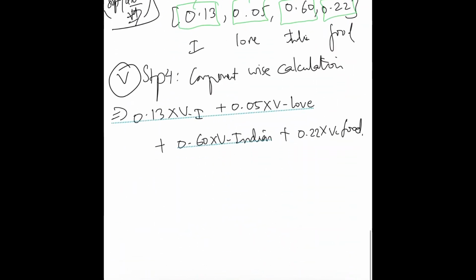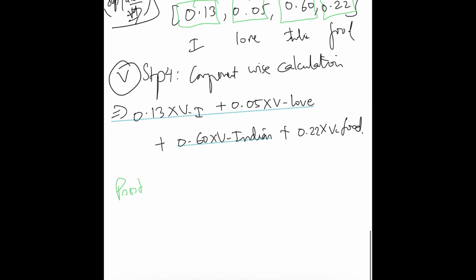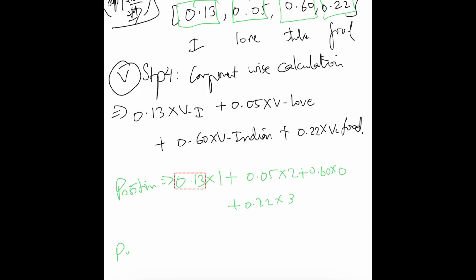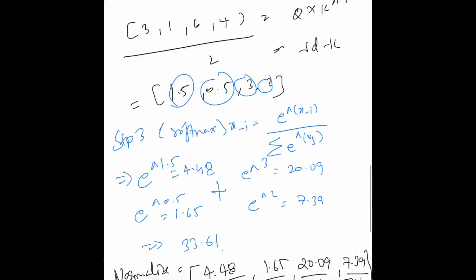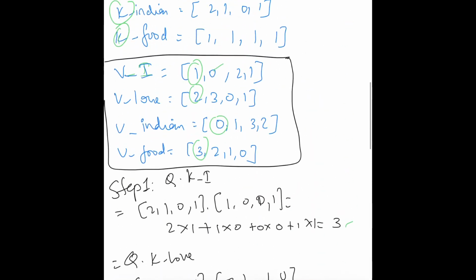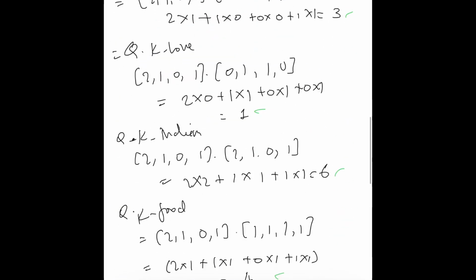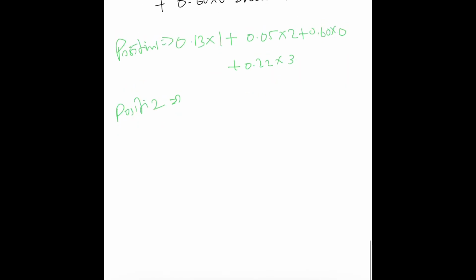So for position 1 will be 0.13 into 1 plus 0.05 into 2 plus 0.60 into 0 plus 0.22 into 3, right? Position 2, this will be 0312, so it will be